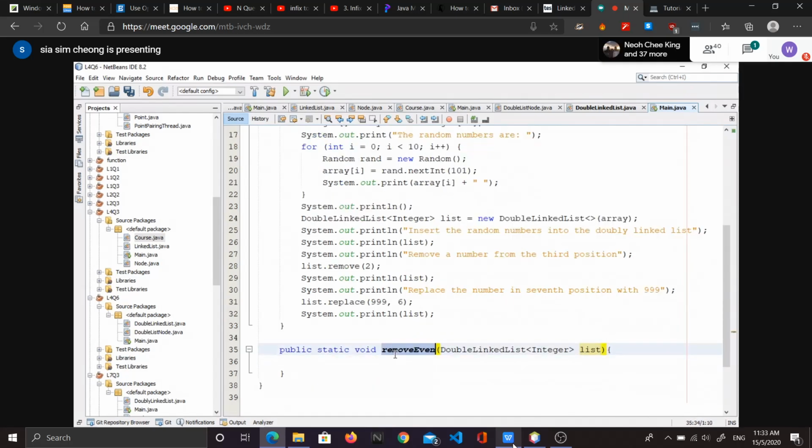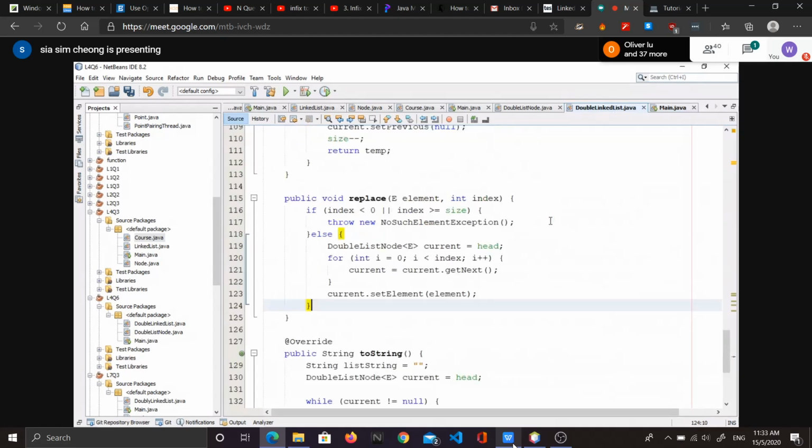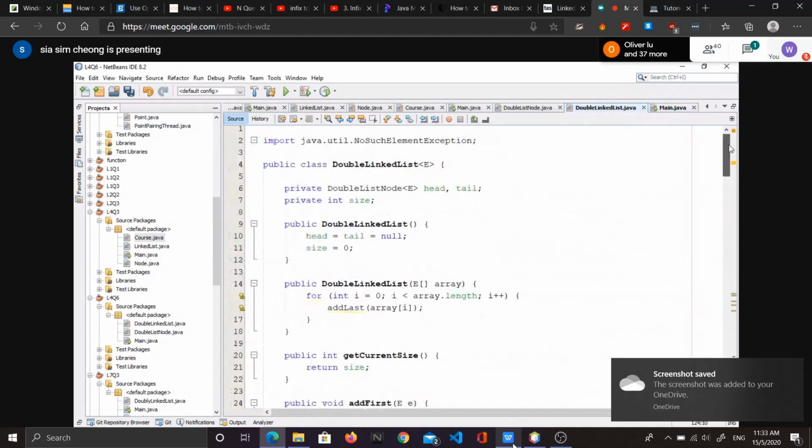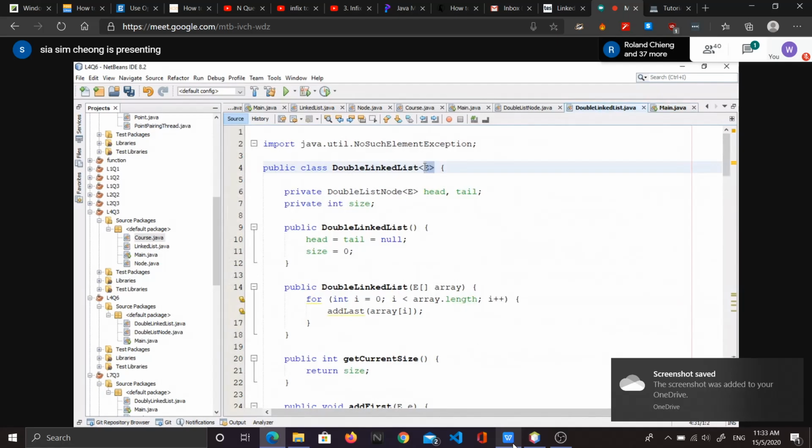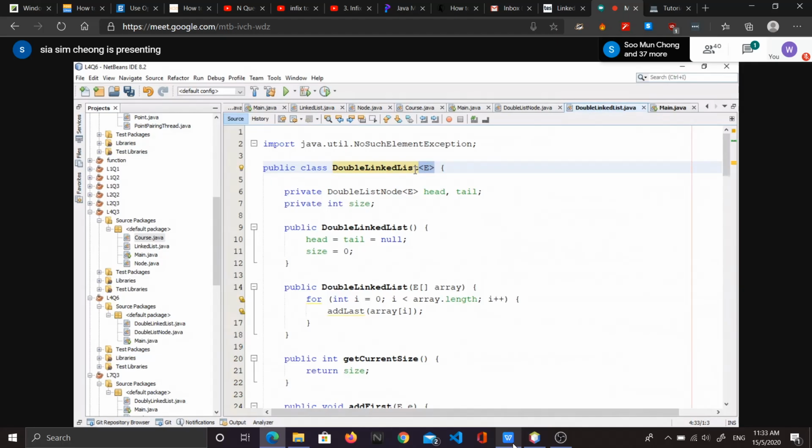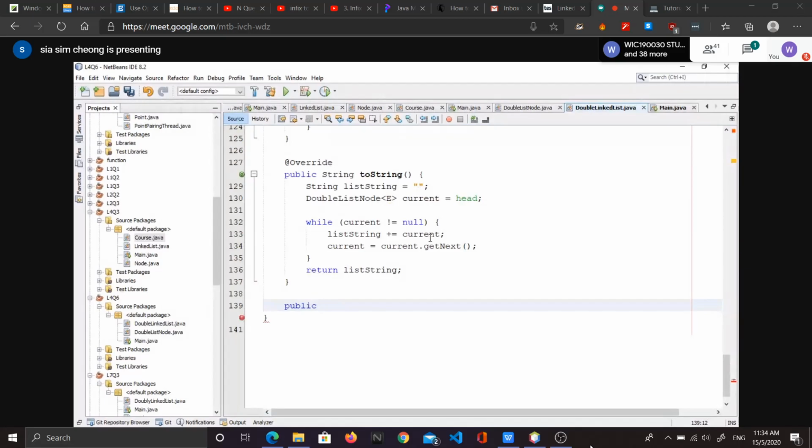For this remove even method, I will put it inside the main, because what I implemented is generic. If you implement the integer type, you do not need to specify, and you do not have this problem, but if you implement the generic one, so if you try to